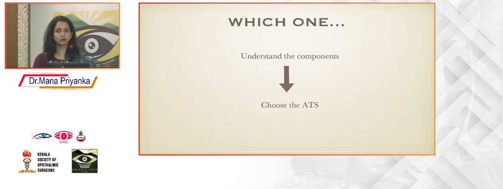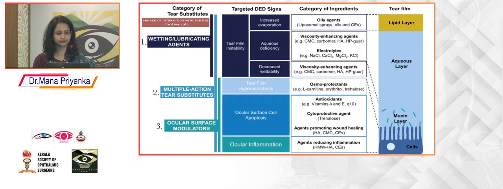Understanding the components helps us to choose, so that a particular dry eye disease can be targeted for the best of the patient's comfort. Barabino et al. have categorized the tear substitutes into wetting or lubricant agents, which bring about tear film stability and include oiling agents and viscosity enhancing agents. Then the multiple action tear substitutes improve the quality and quantity of the tear film, and ocular surface modulators interact with the ocular surface and thereby heal the epithelium, which includes the osmoprotectants and agents which